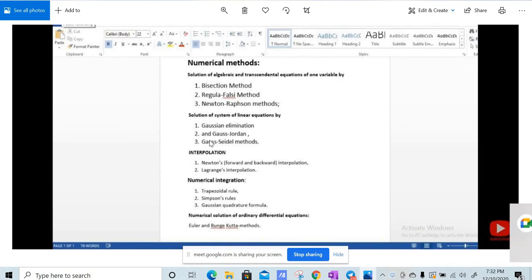So in this video we're going to cover Gauss-Jordan method and Gauss-Seidel method. These two are very important, and actually Gauss-Seidel method is very important. 99% there will be a question from Gauss-Seidel method, and you just understand how to do Gauss elimination, Gauss-Jordan, right? This is not much important, but Gauss-Seidel method is very important. So first we will start with Gauss-Jordan method, and then we'll move on to Gauss-Seidel method.